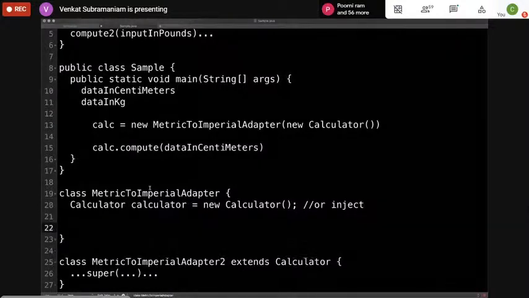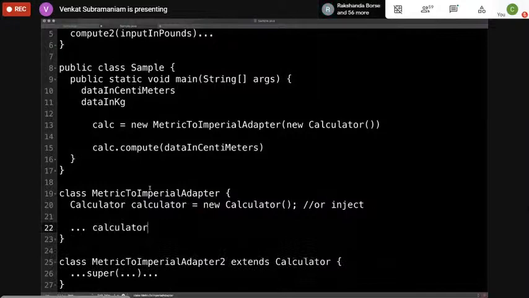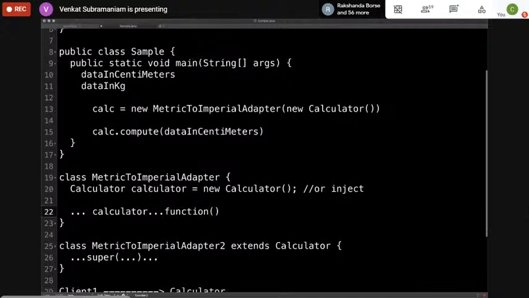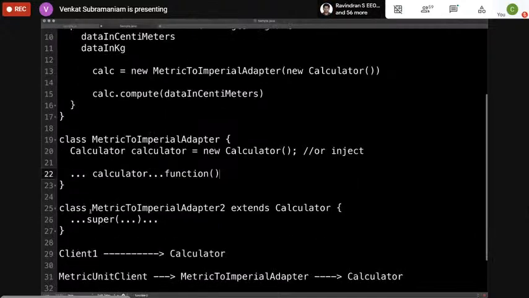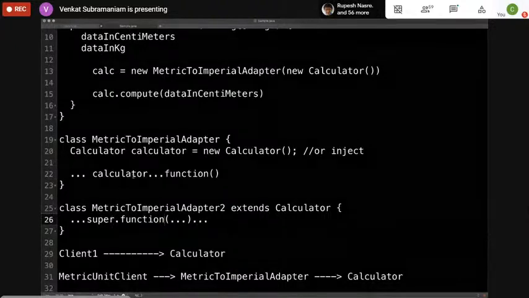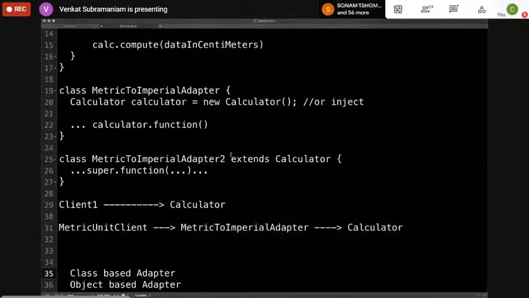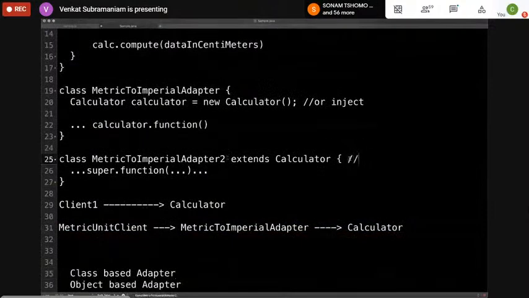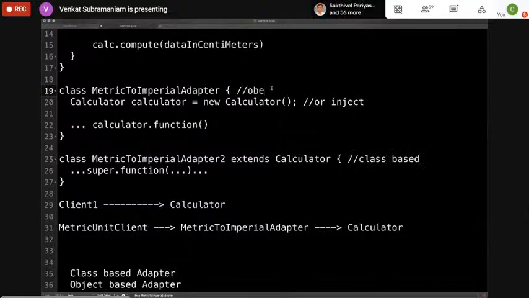Then the methods over here will simply say calculator dot and call the function. So notice super dot function here on the other hand, whereas this calculator dot function over there. So that's the difference. So clearly, this is the class-based, right? And this is the object-based, if you will.